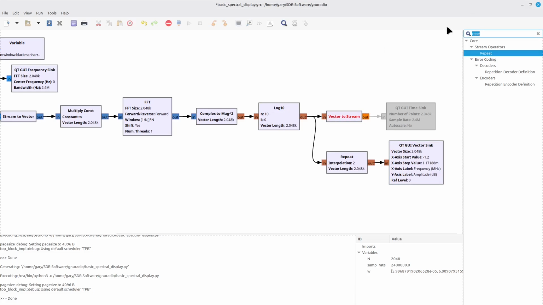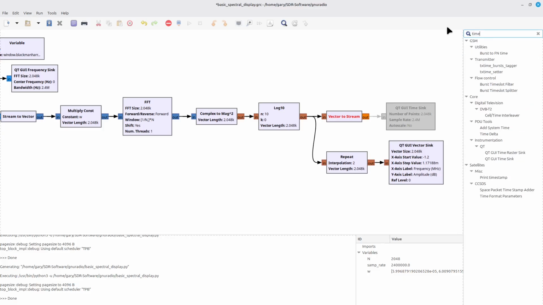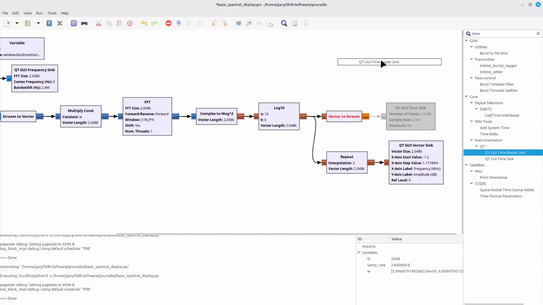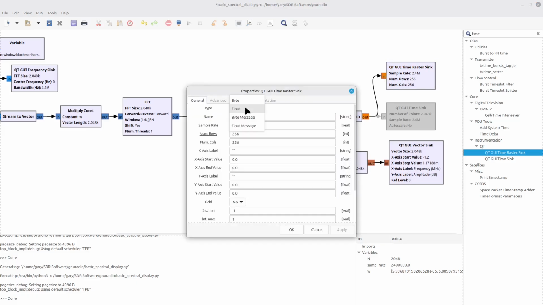We're going to add a little extra touch to this, and that is I'm going to add in a time raster sync, and I'm going to turn that from byte into float. So if I open up, I started at byte, I'm going to change that to float. Going to keep the sample rate the same because that doesn't matter.